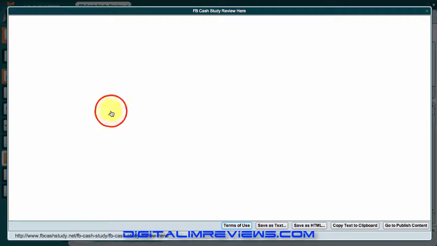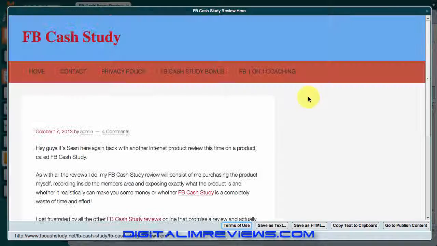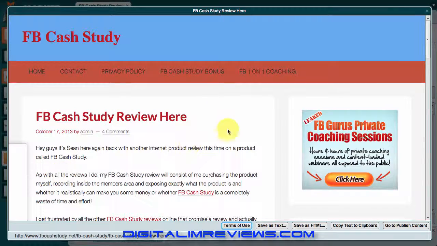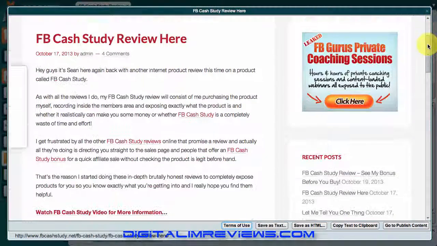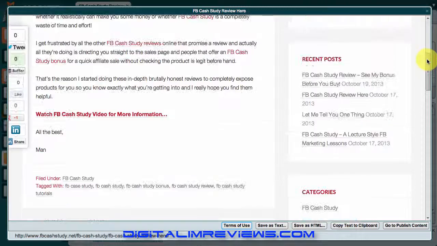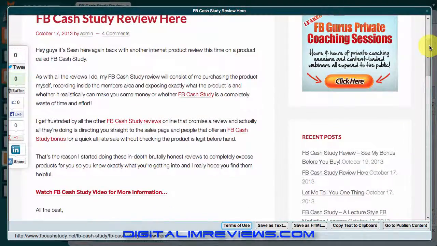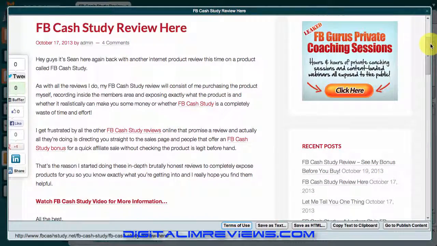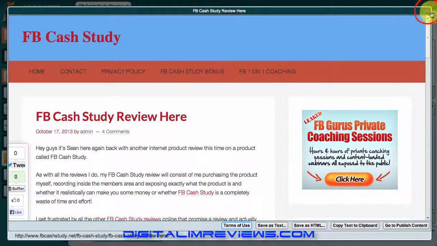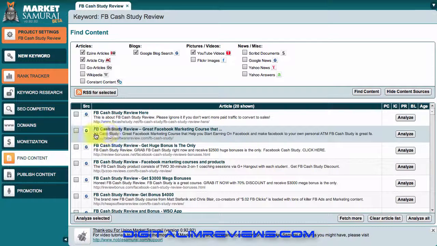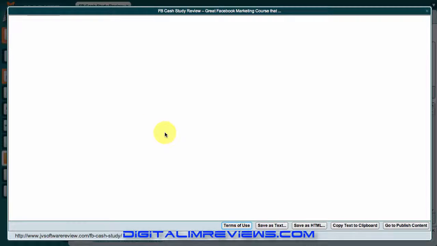So what I would do is simply open it up, and it's going to open that article in here. Now, when I look at this article, I've already seen this during my market research before I created the product, and this article, in my personal opinion, would be easy to beat. And when I would look at the next one,